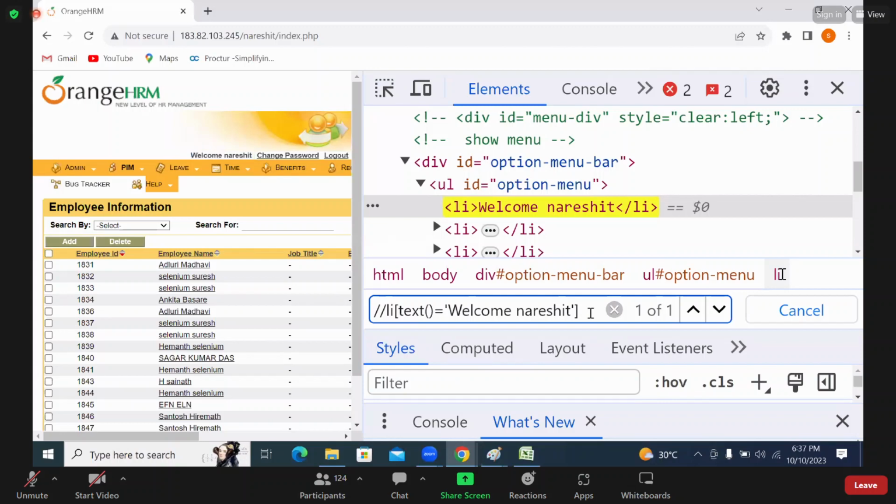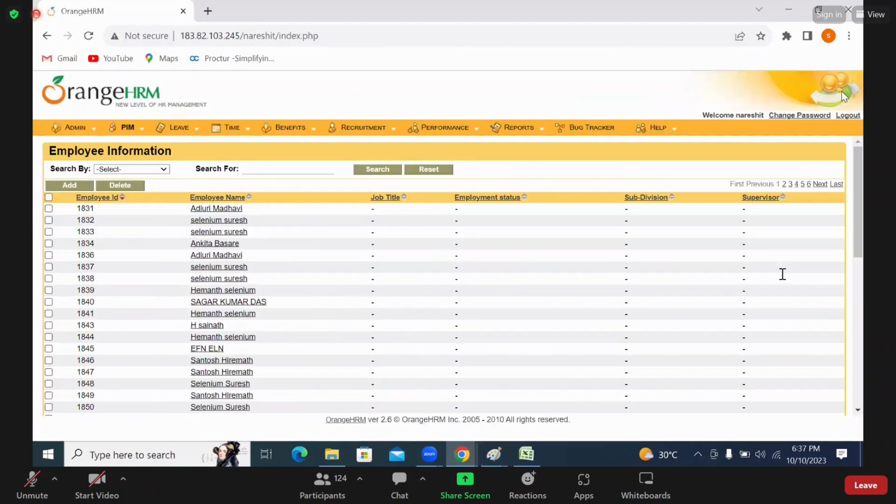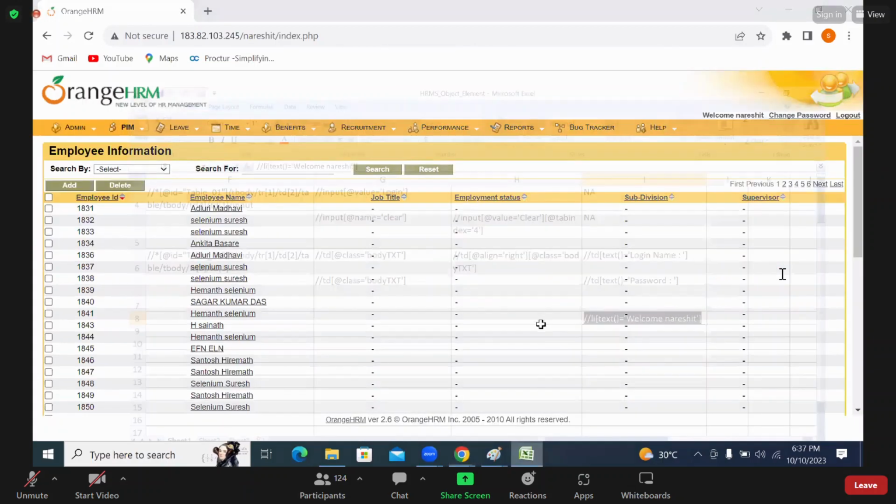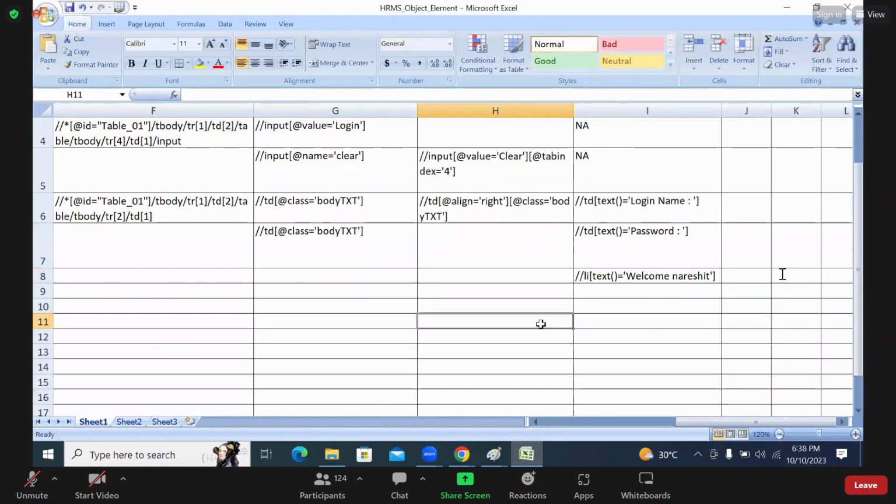Highlighting or not? Which one is highlighting? "Welcome Naresh IT" at the top is highlighted. So this is what you are taking care of, considering "Welcome Naresh IT". We need to get comfortable trying with each and every object,